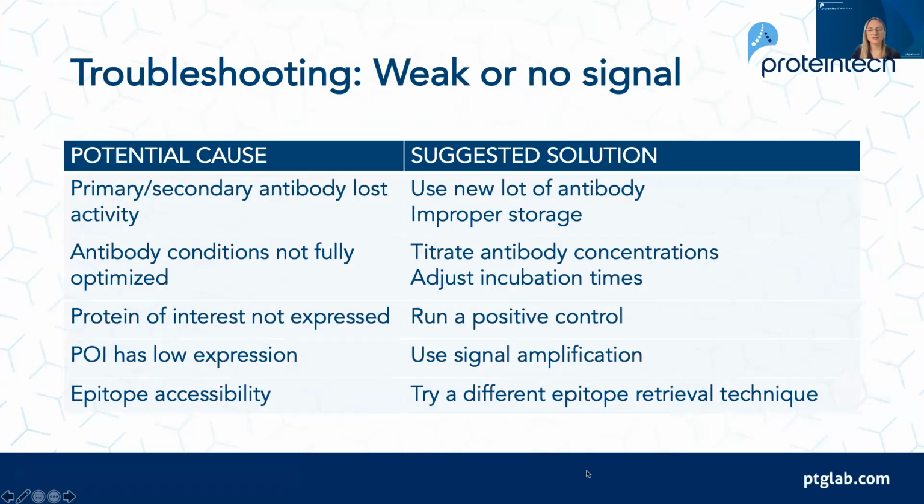So as well as autofluorescence, we can think about how to troubleshoot weak or no signal. Typically the causes of this might be that the antibody has lost activity, so you could try a new lot or check its storage to make sure it's still working. It might be that you haven't fully adjusted your antibody concentration or your conditions, so try titrating your antibody concentrations, adjusting incubation times, and increasing the permeabilization, especially if it's an intracellular